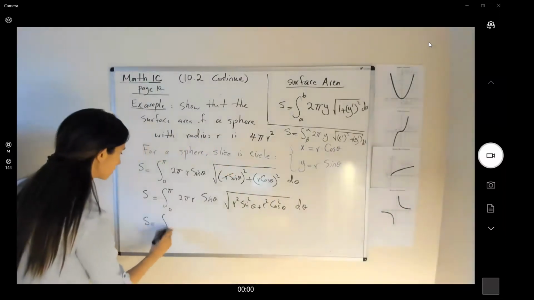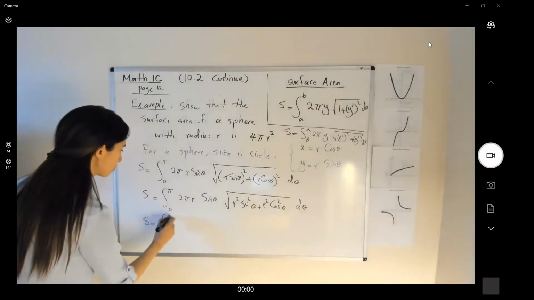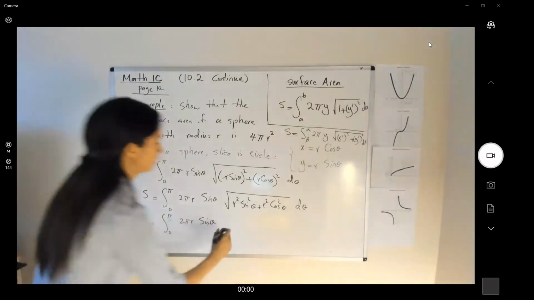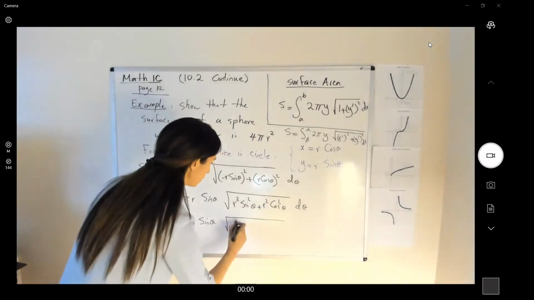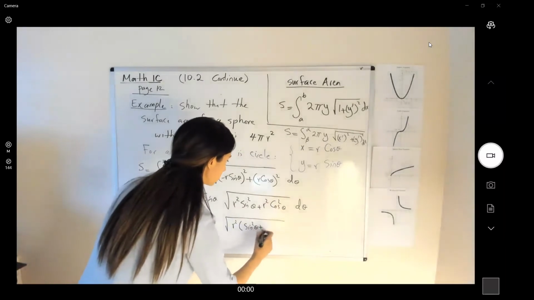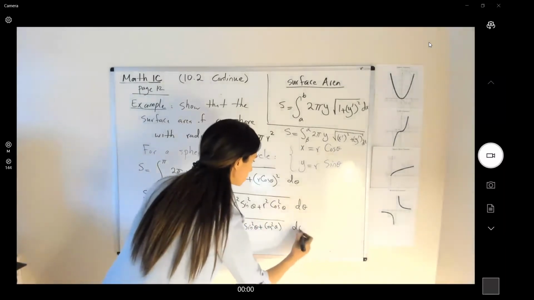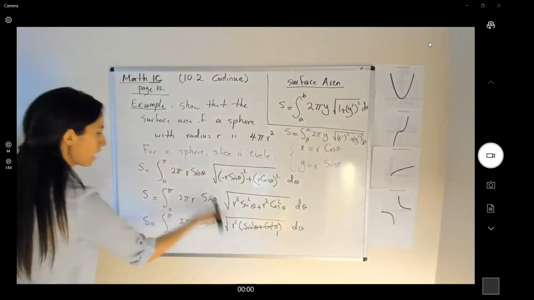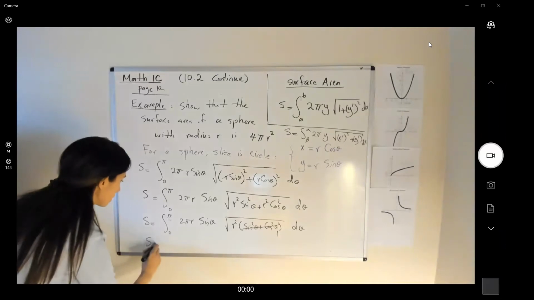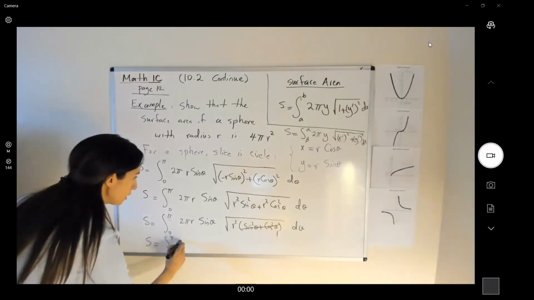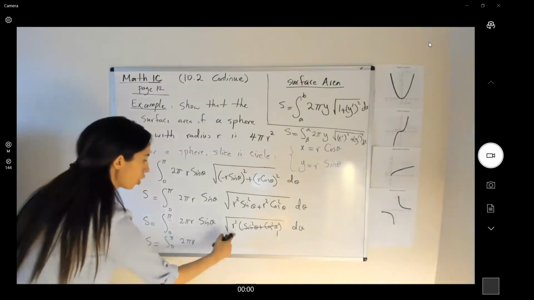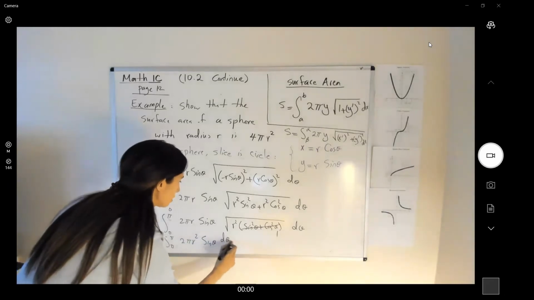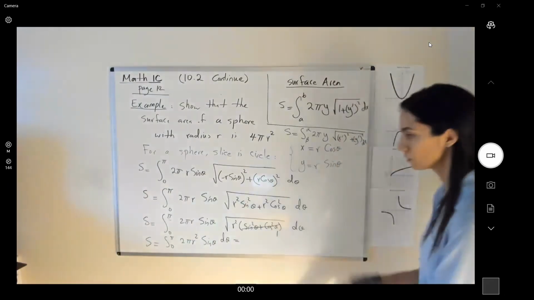If you factor out r squared, you get sine squared plus cosine squared, which is equal to 1, and you get r outside the radical. So S is equal to the integral from 0 to pi of 2 pi r times r, 2 pi r squared sine theta d theta, which is equal to 2 pi r